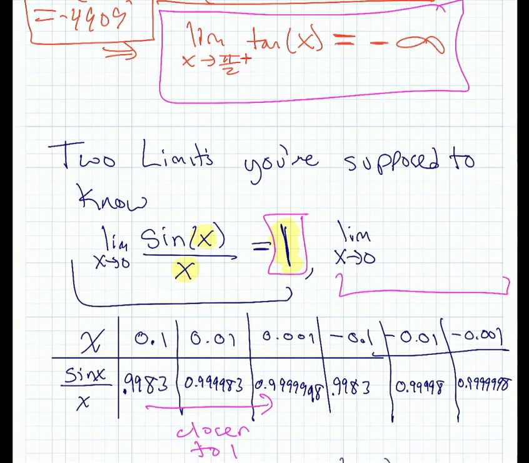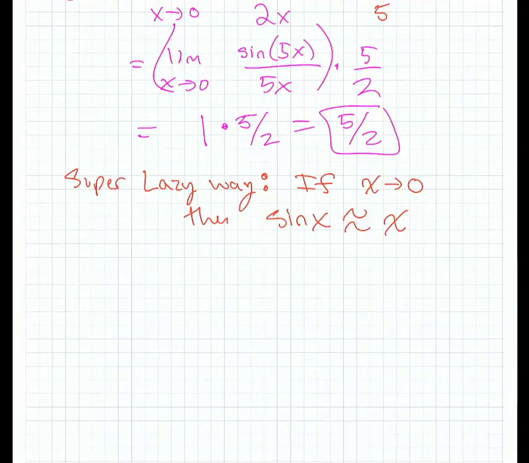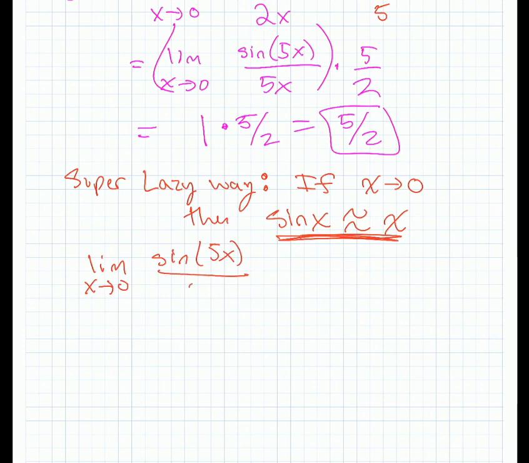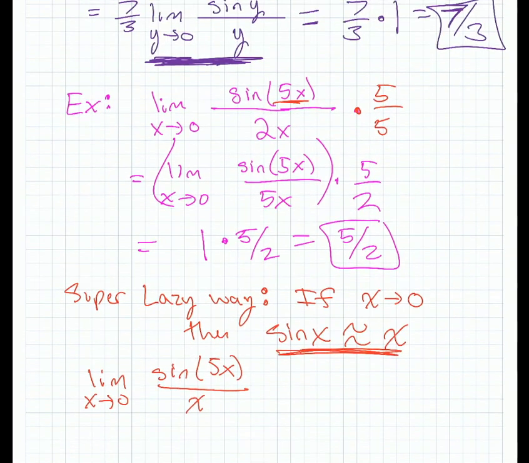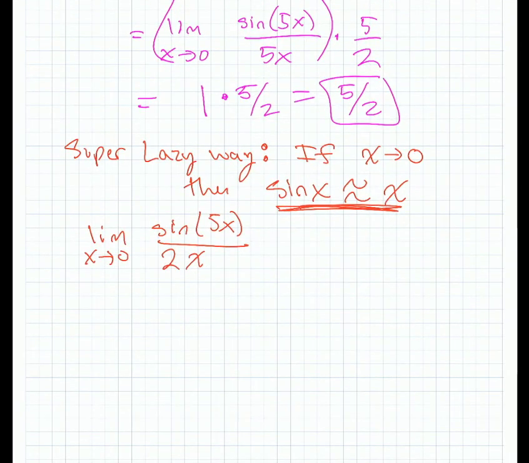It does in some sense, right? So if x goes to 0, then sine x and x are basically the same thing. And so if you ever have to evaluate the limit as x goes to 0 of, let's do the same one, sine 5x over 2x. What was it? 2x. What you could do is just say, well, that should be the same limit